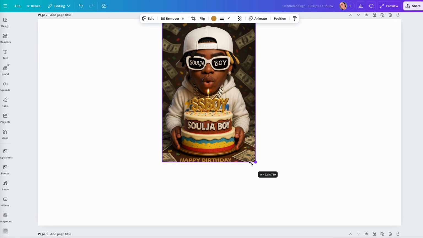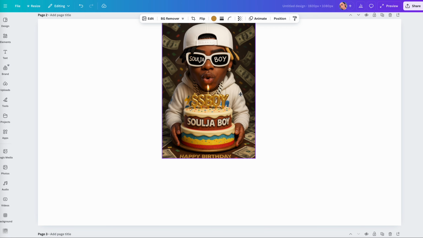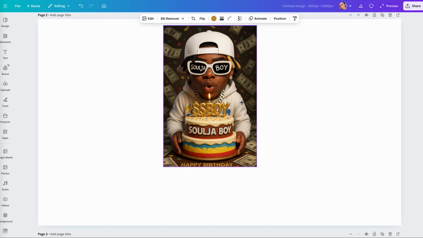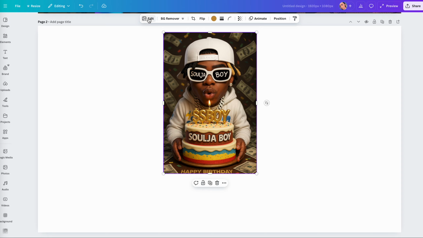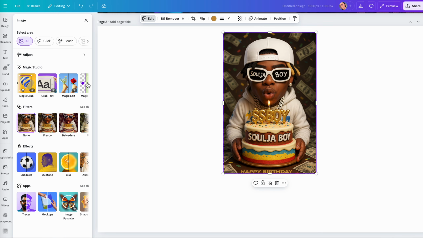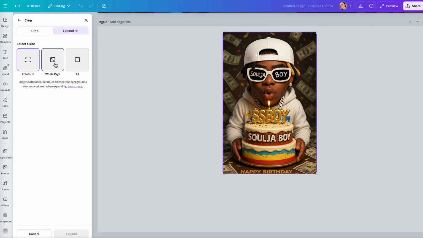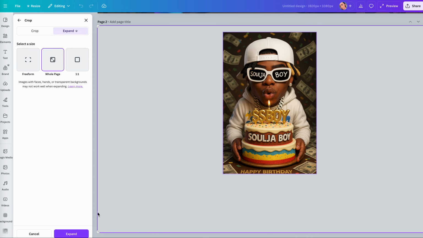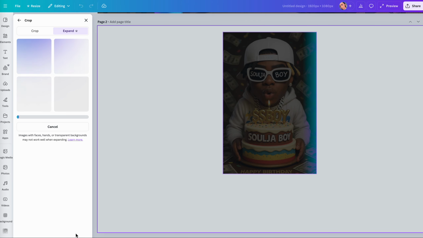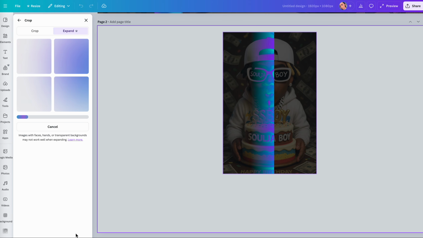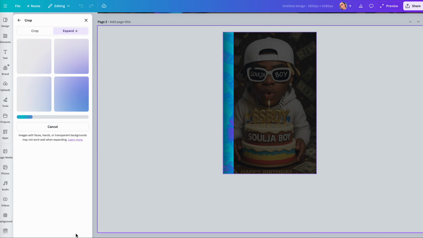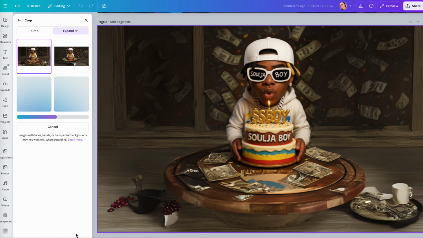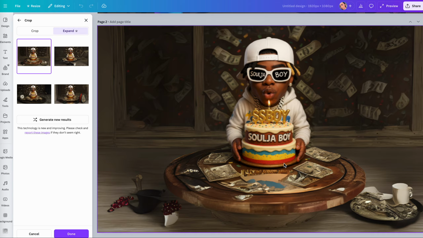And what's cool about Canva is they've got some really good AI. Let's start here. You can click on it. You can go to, let's go edit. Let's go down here to Magic Expand. And we're going to expand this to the whole page. Ultimately, what we want is Soldier Boy sitting there at the cake, and we want the AI to kind of fill out the images around. Okay, there we go. All right, so we got this whole scene here, right?